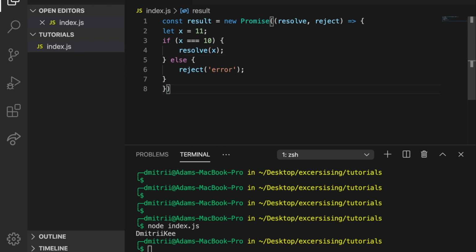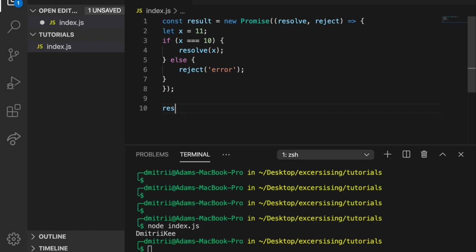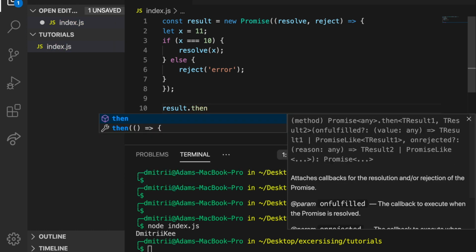So we need to call the then function. I will show you. So now basically the pending resolution was passed here, and in order to actually resolve the promise and get the final result, what we can do is call result dot then,